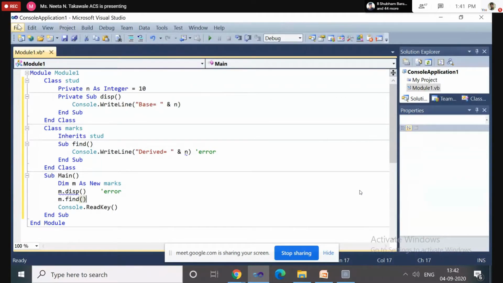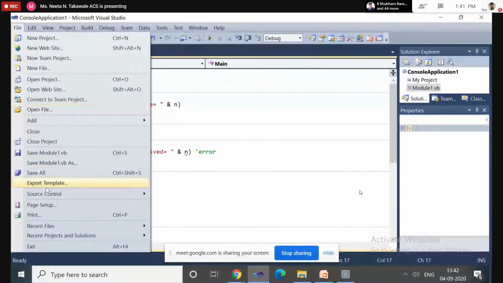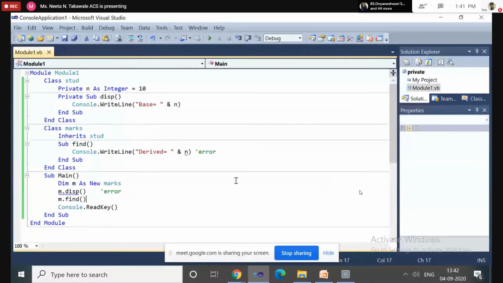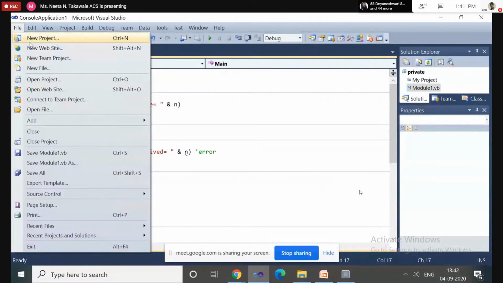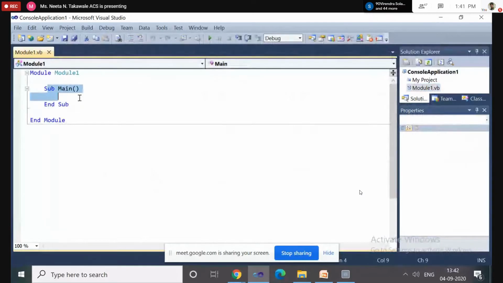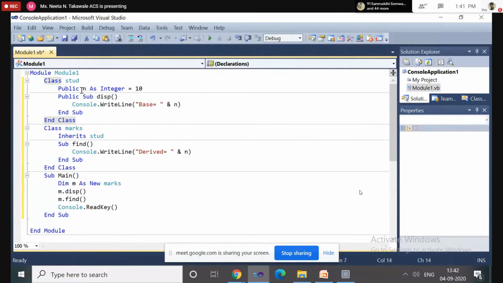Now we'll discuss the protected access specifier. Here I'm declaring n using a protected access specifier.